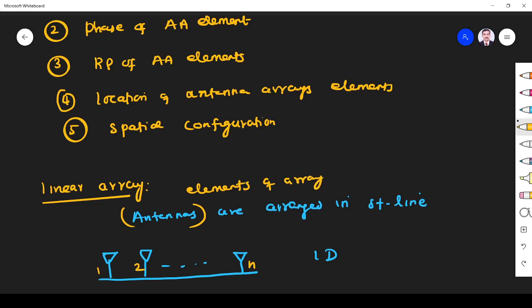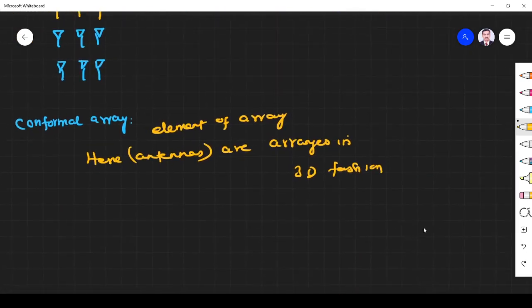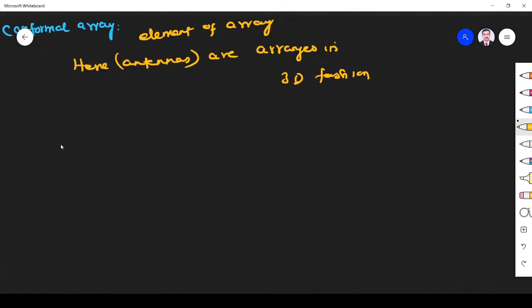And another thing I want to say here is, what are the advantages of an antenna array? The first advantage, as I told, is that it will improve the gain. Directivity can be improved if you have an array. Signal to noise ratio will be improved.